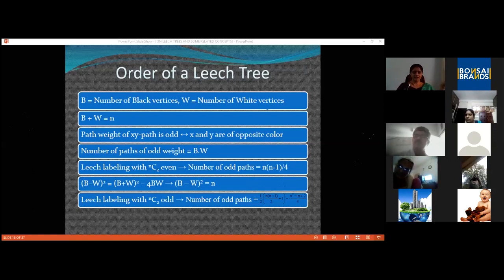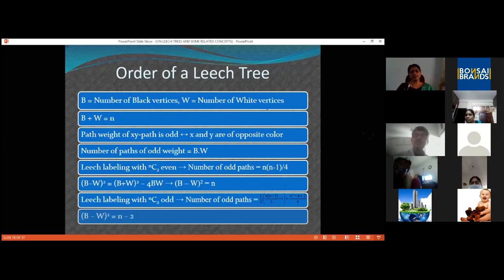We can compute b minus w whole square using the same formula, b plus w whole square minus 4bw. On simplification, we get b minus w whole square equal to n minus 2. So if NC2 is even, we have b minus w whole square equal to n.